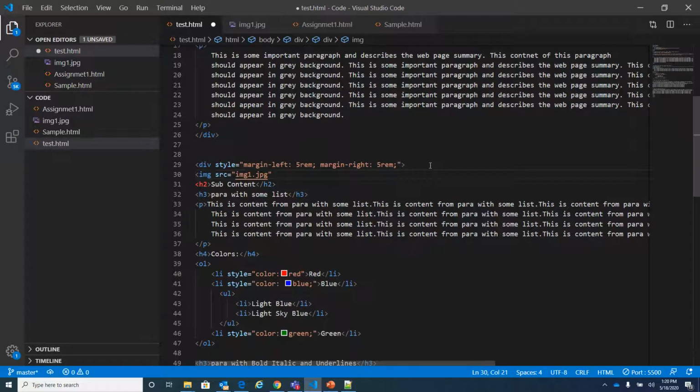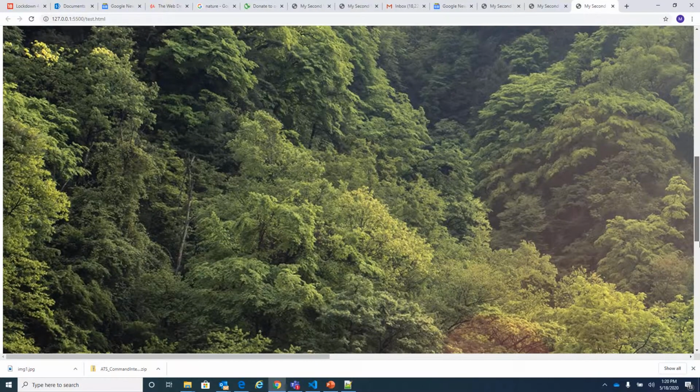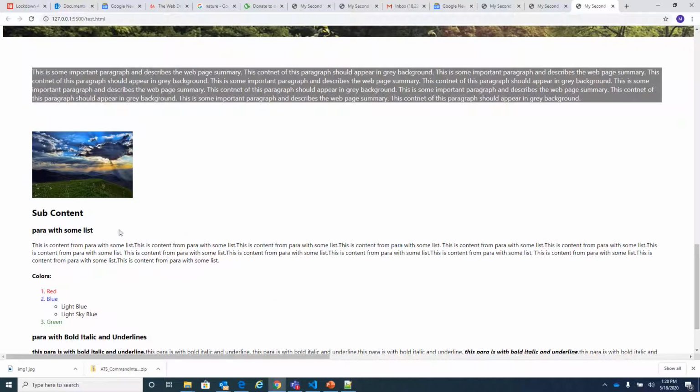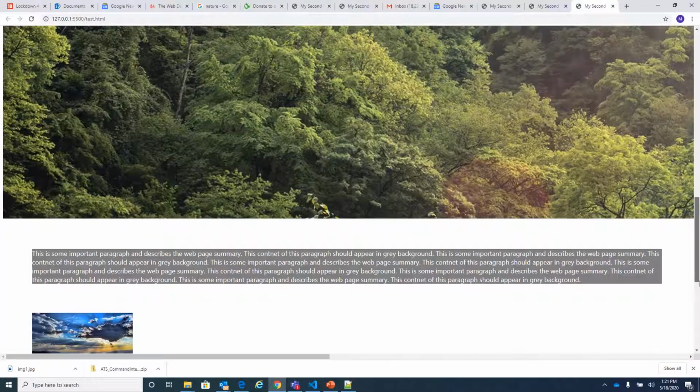Close it, save the changes and launch it with live server. You can see that the second image is also there. So this is a local image and this is an external image. The external image will not appear if your site is hosted locally and an internet connection is not available.